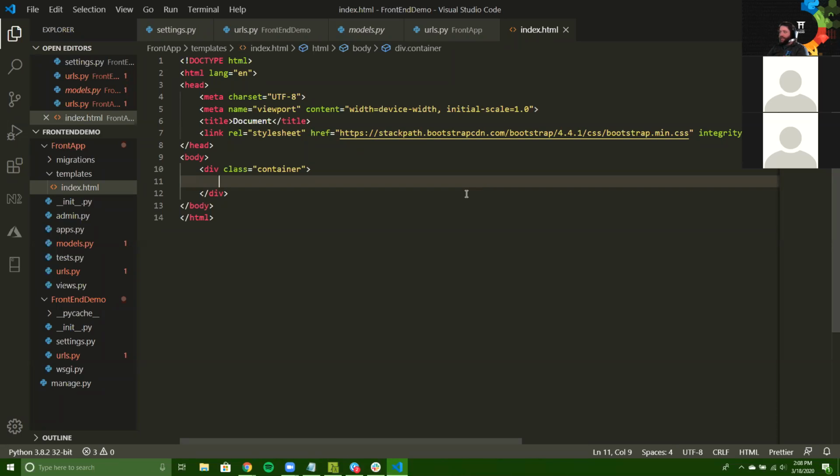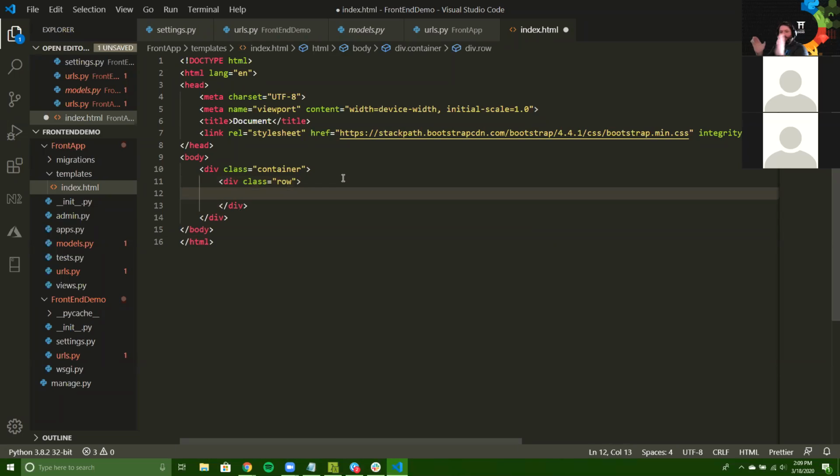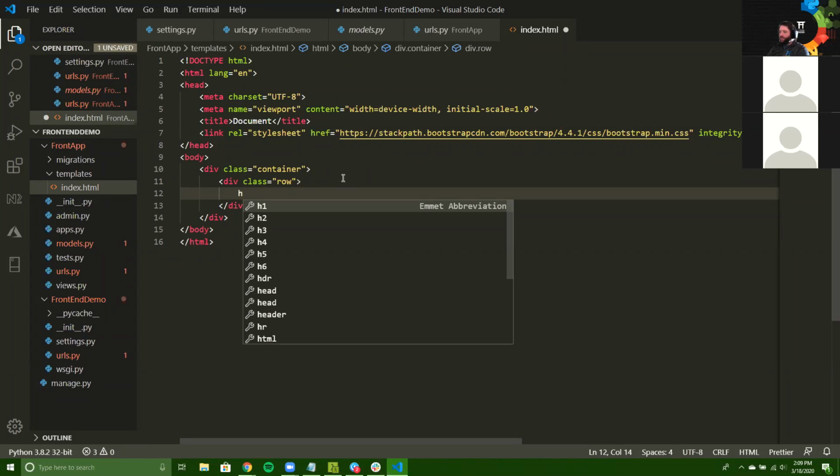So let's create a little bit of a header on our page. We'll have some kind of title on the left side, maybe a little bit of text in the middle, and some stuff on the right side, right? So I'm going to make a row because all of these things that I'm going to put into this header, I want on the same row, right? So I want to have a header with a title. Or what I'll do first is I will make a div that is going to take up, let's say, a third of my screen, right? If it's going to take up a third of the width and this whole thing is going to take up 12 grid columns, then I want this to take up 4 columns. So I'm going to say